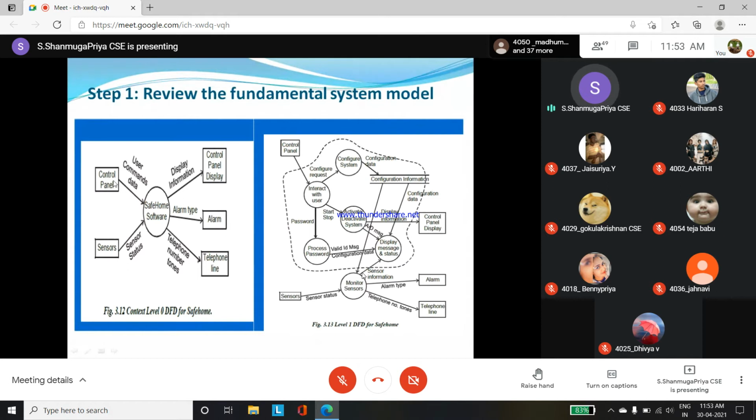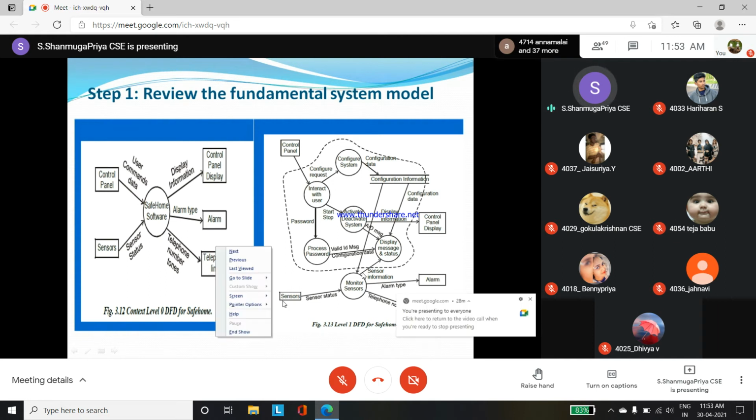Here on the control panel, if the user gives some commands, that command also has to be activated. For example, the user is not able to access the phone, in the sense that during that time they are busy, they are not able to access the phone, and some unauthorized person is entering the home. Automatically it has to send that information to the nearby police station. Otherwise, whatever the user says, the product has to work accordingly, so that will be done with the help of the control panel, okay. So this concept is called the level 0 DFD diagram.